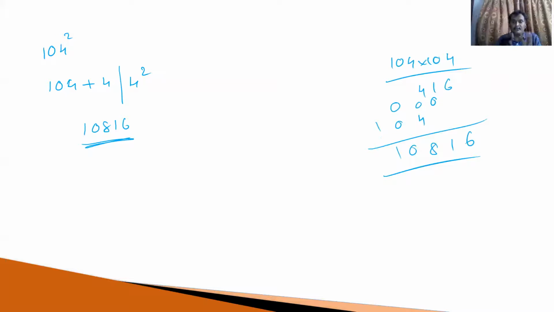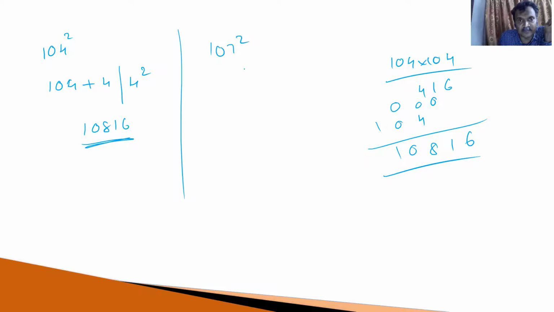First, you should find out what is the nearest base of that number. And then you need to find out what is the difference between the base and the given number. And then find out whether the given number is less than base or more than base. Suppose that number is more than base, simply add the difference to that number and then take a square of that number. Let us take an example.